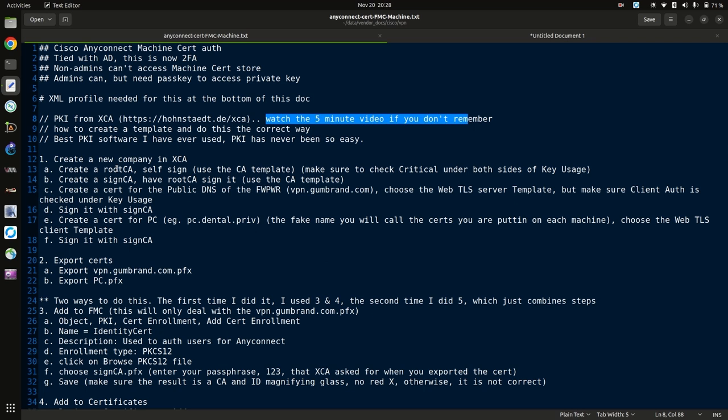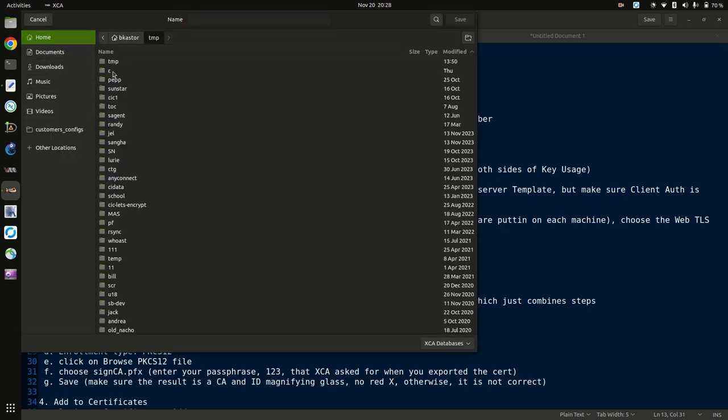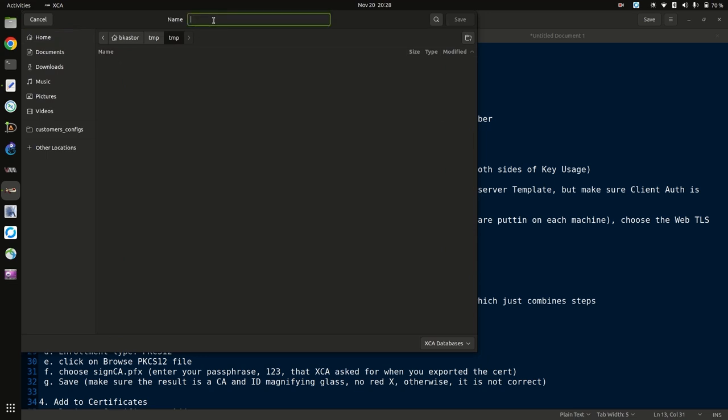Some people might comment, "Oh, well, you're self-signing." Well, the root of every PKI infrastructure is self-signed. So you have to sign your certificate somehow. So this is how this is done. This is very easy. I'm going to start a new company. It's just a flat file database. For this instance, I'm just going to name it